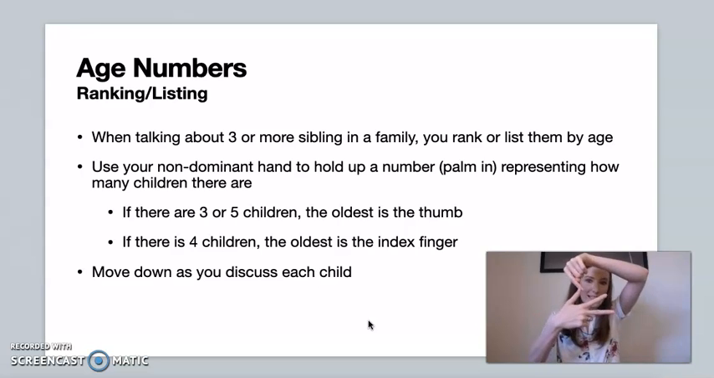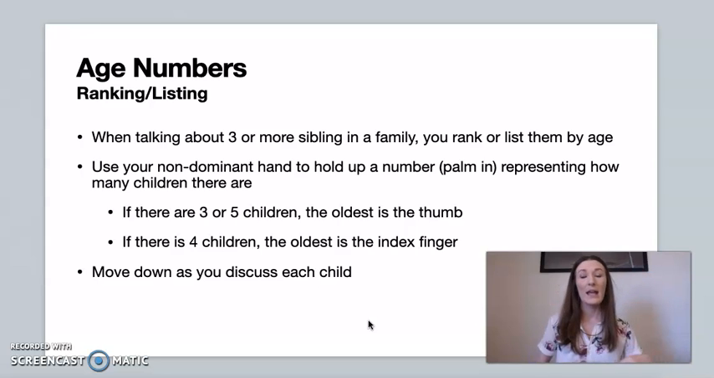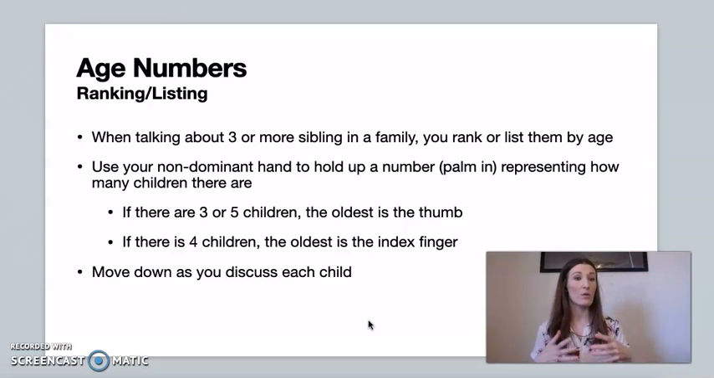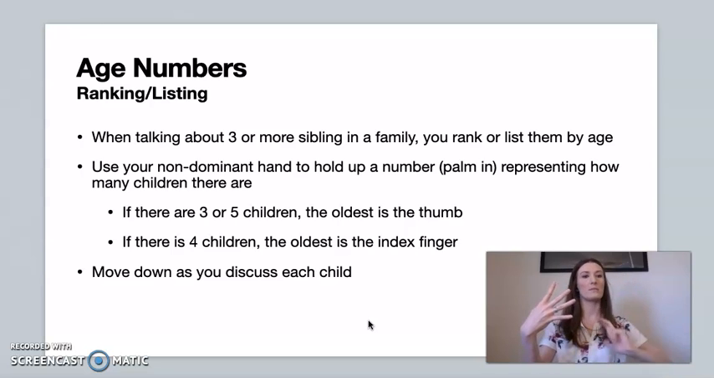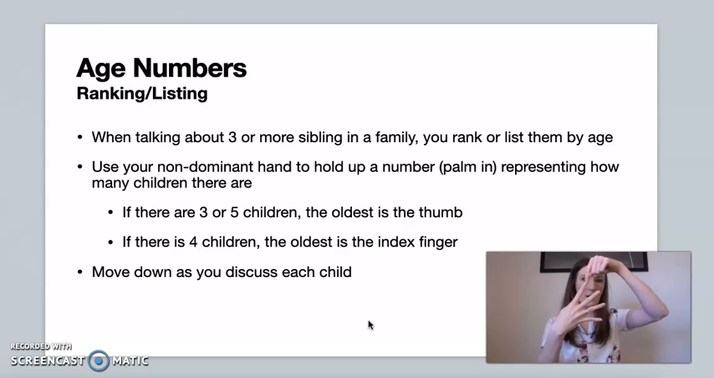We go down. Now, if there are a total of 4 people that you are talking about, the oldest is now your index finger. So it would be me, old, 32. This one, old 29. Whatever I said. Oldest is on top, and you go